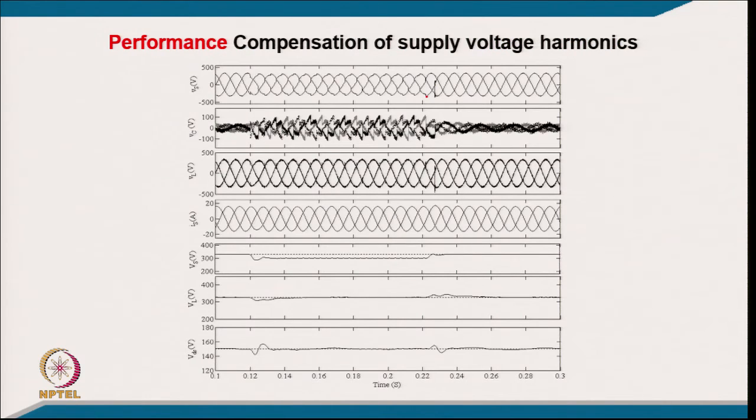You can clearly see here a typical voltage sag with harmonics in the voltage. These are the injected voltage; the load-side voltage is balanced and sinusoidal. That is the reason the load current is also balanced and sinusoidal, and you can clearly see during this typical sag